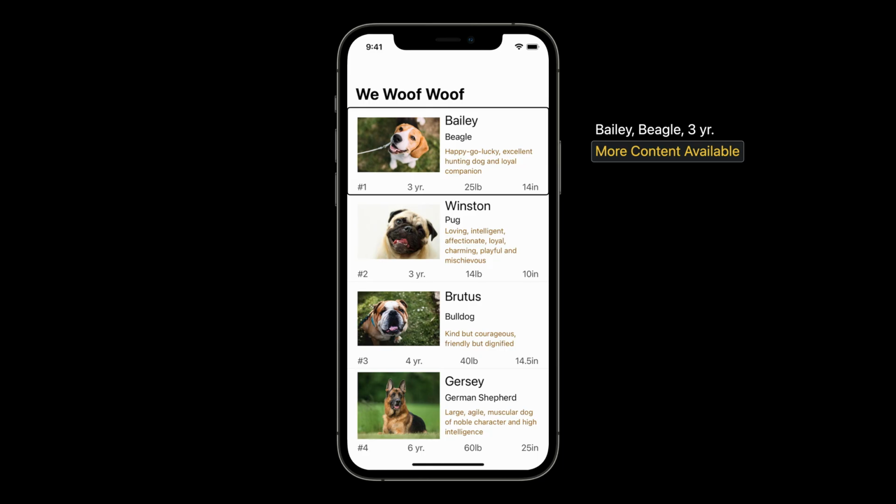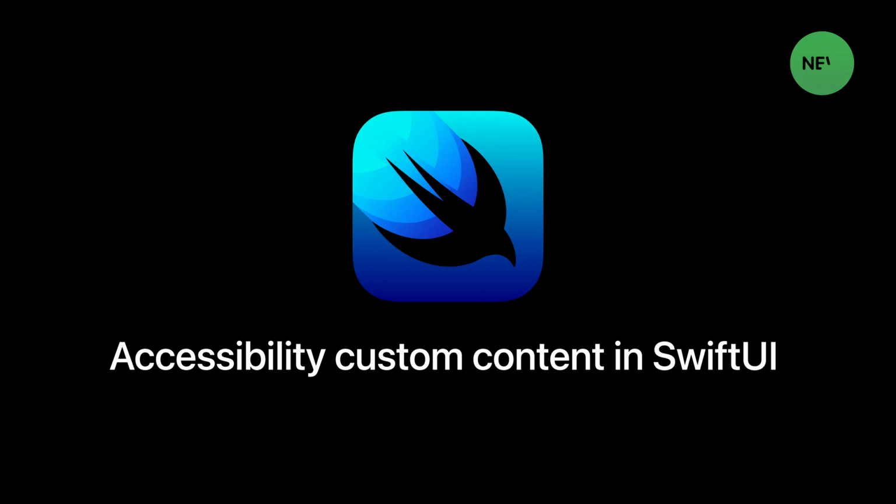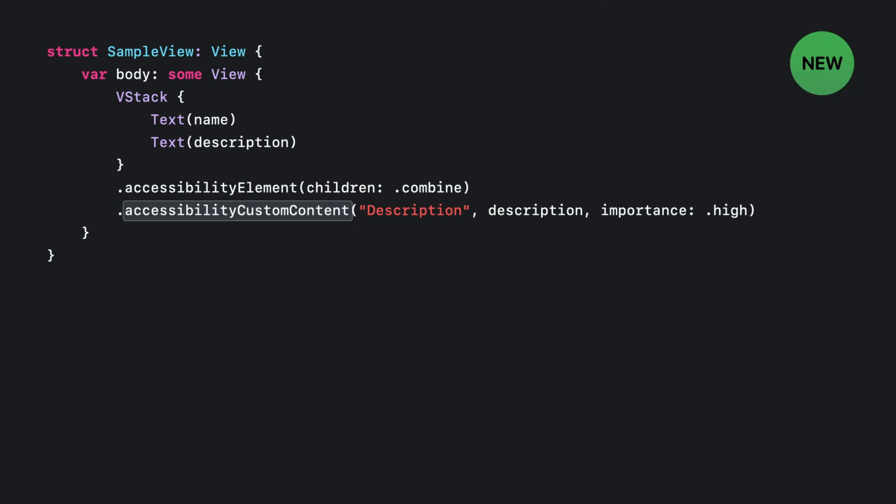This age information will also be available in your More Content rotor. New this year is that we support the same capability with SwiftUI as well. We can set the accessibilityCustomContent modifier on a custom view in SwiftUI by passing in localizable text for both label and the value parameters and set the importance property as needed. This way works well in situations where the custom content value is added in one place and not manipulated later